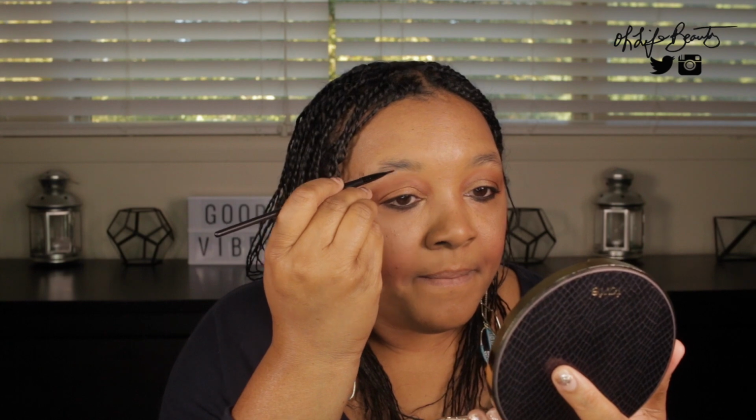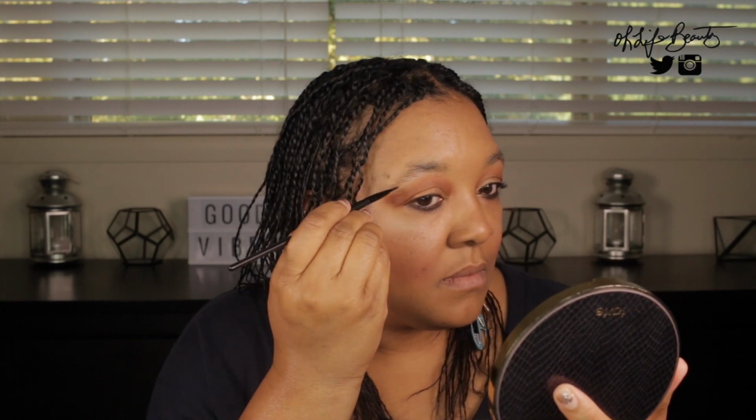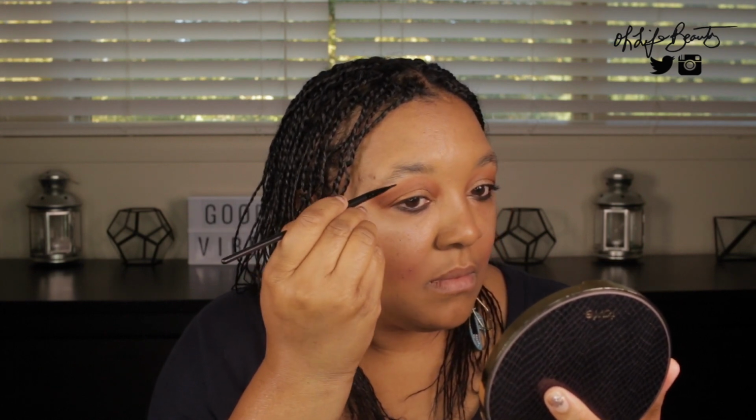So I think that's really, I'm just really experimenting and playing with these shadows. So yeah, that's really pretty as a highlight, as an eyebrow highlight. So we pretty much have used everything in the eye and cheek